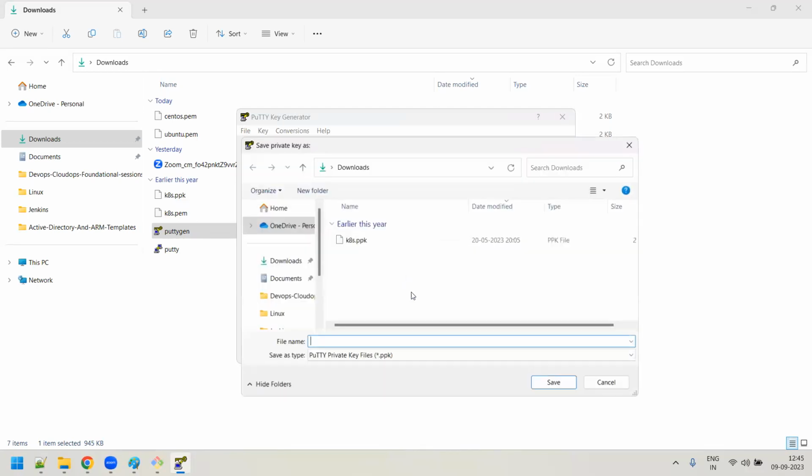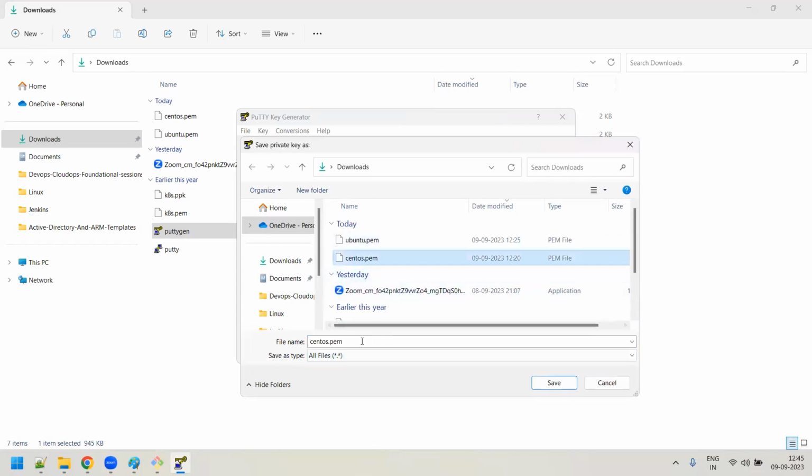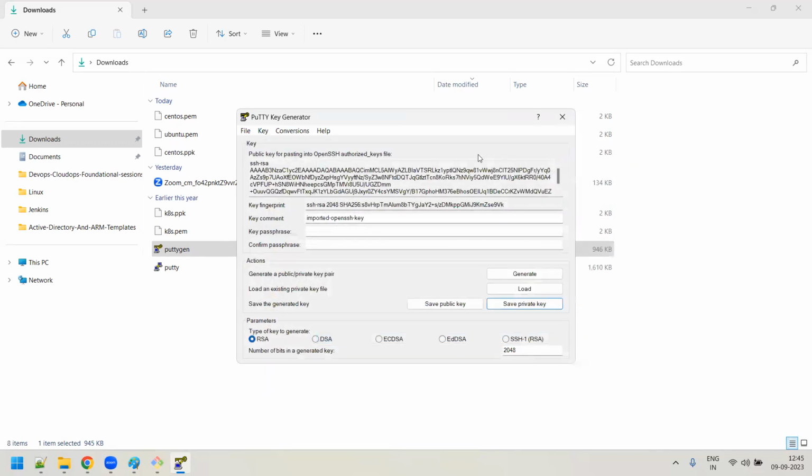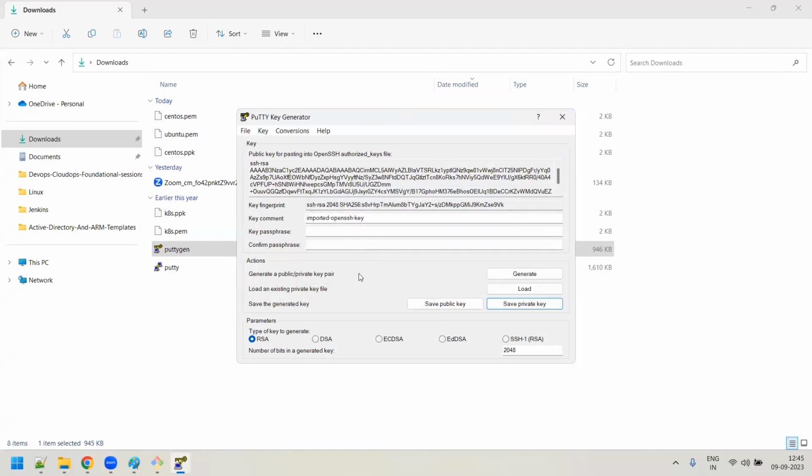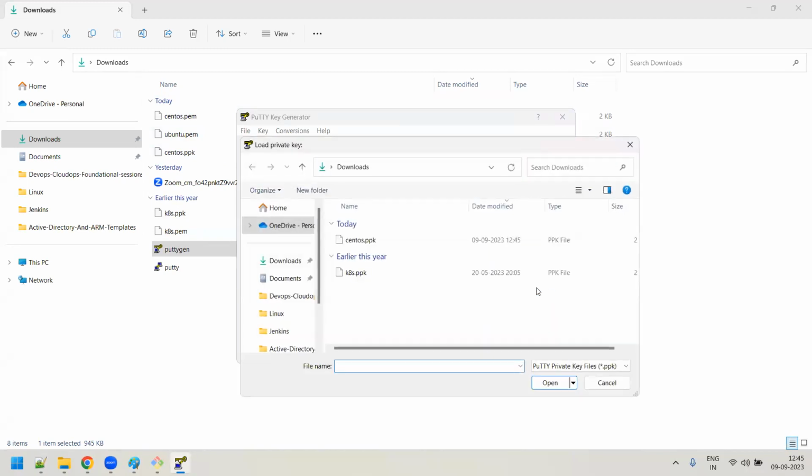Let's say yes, and give the CentOS.ppk file name here. Yes, I think the CentOS.ppk file got created. Do the same thing again. The key version is already set to 2, so you need not redo it. Select Load.